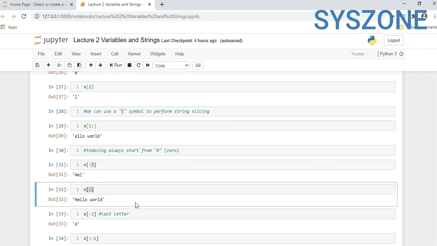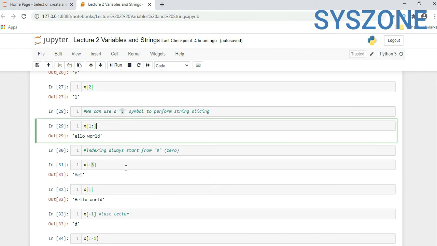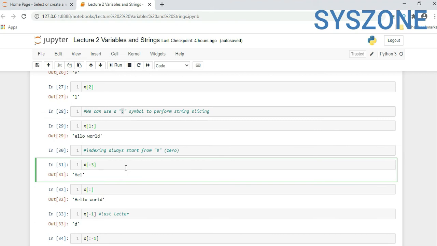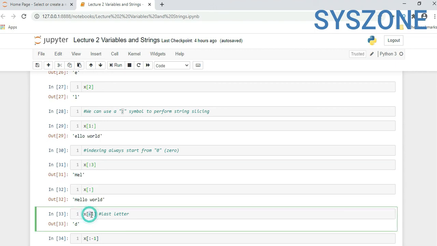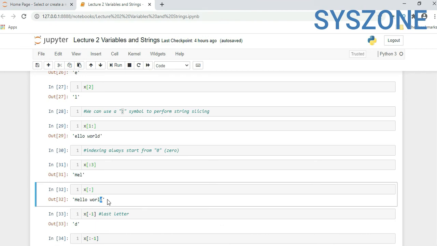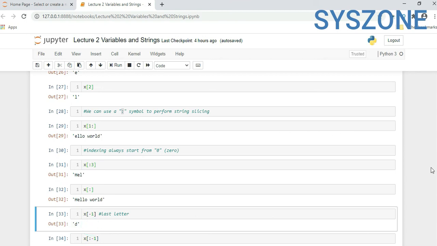like hello world. Now this part we saw where we are extracting string from left to right. Now here we can extract a string from right to left. From this variable in the index position I am using -1, so it will take a string from right to left. So at -1 position the value is d.